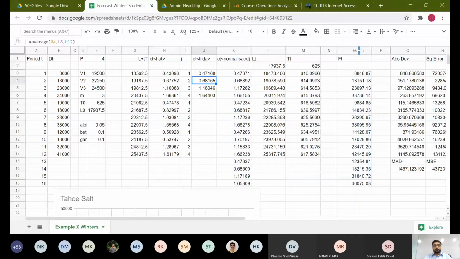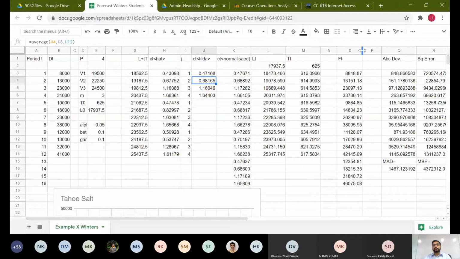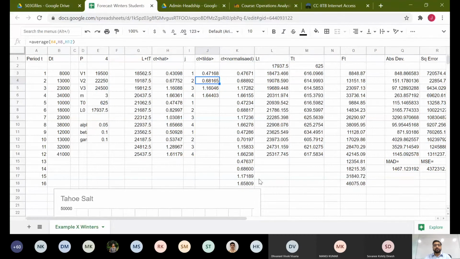When handling large data sets, I also prefer to use Python. But here many of you may not be familiar with Python, and programming will go into a different loop. I don't want to get distracted, so that's why I prefer using spreadsheets, at least for this OM course. Most of the calculations you can see what is happening, and even though it is a little cumbersome, done manually and a little time consuming, that's okay. We're just in a learning phase. To speed it up, we can do it later.